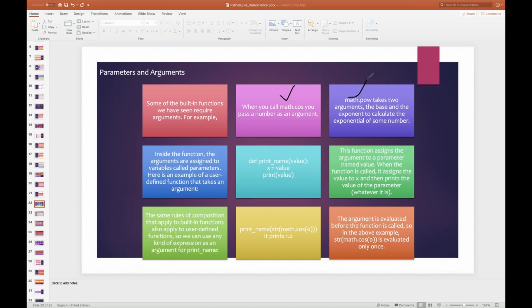Inside the function, the arguments are assigned to variables called parameters. This is very important. There's a difference between a function, an argument, and a value. The function is the definition of the activity you're going to do, and you give a name to your function.